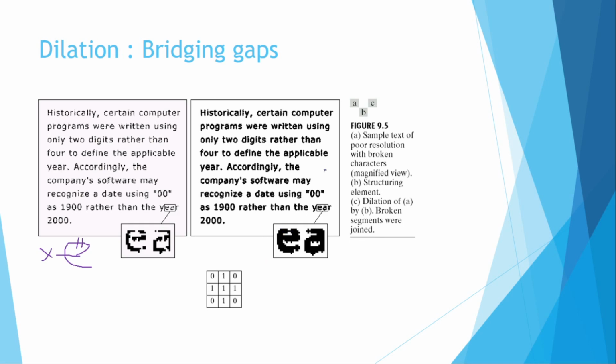In this image the dilation has been done, so the breakages have been overcome, so it continues with respect to bridging the gap. Whatever breakage was there has been filled up over here, so it bridges the gap. So the computer will do the analysis: it is totally in the shape of an E, so it considers that it is the letter E.